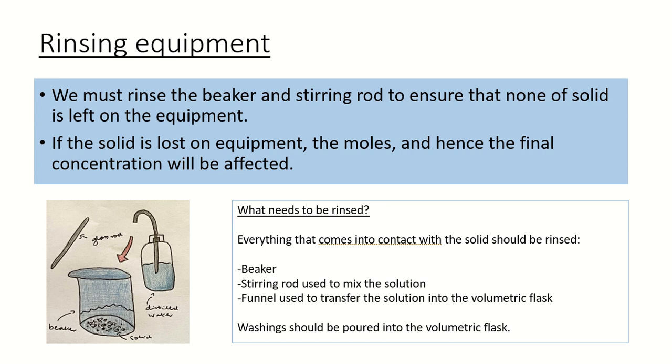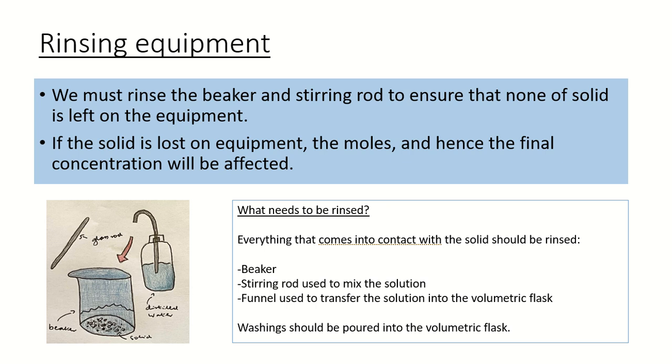So we want to limit that as much as possible, especially in this because we need to know the actual full concentration of the standard solution. It's very important for the titration that follows this practical. So to limit this, we must rinse the beaker and the stirring rod to ensure that none of the solid is left on the equipment. If the solid is lost on the equipment, the moles and hence the final concentration will be affected. So when we rinse all of this equipment, we're going to pour that into the